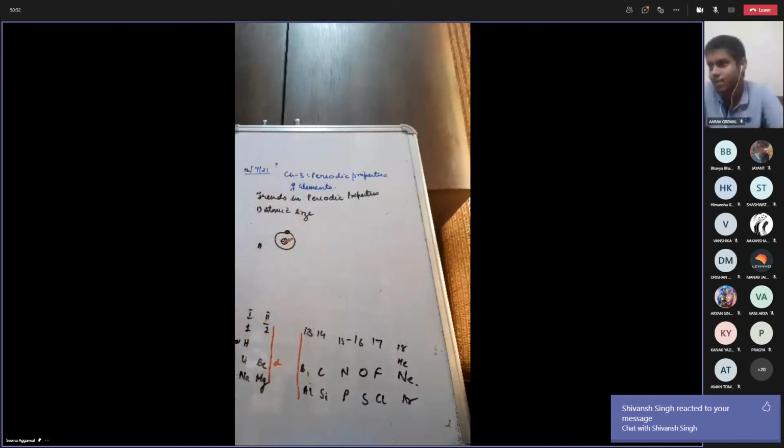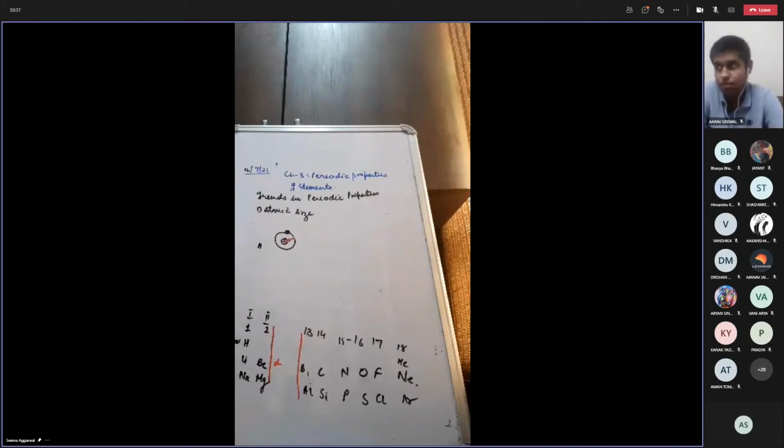But we know that according to Heisenberg uncertainty principle, it is impossible to determine the exact position and velocity of an electron in an atom. So it means my concept of orbit is wrong. We cannot say that the electron is in this particular orbit. Electron can be outside this also. Is it in a particular circular orbit? No. This has been proved wrong. So we can only talk of the probability of finding an electron. Okay, is the point clear?